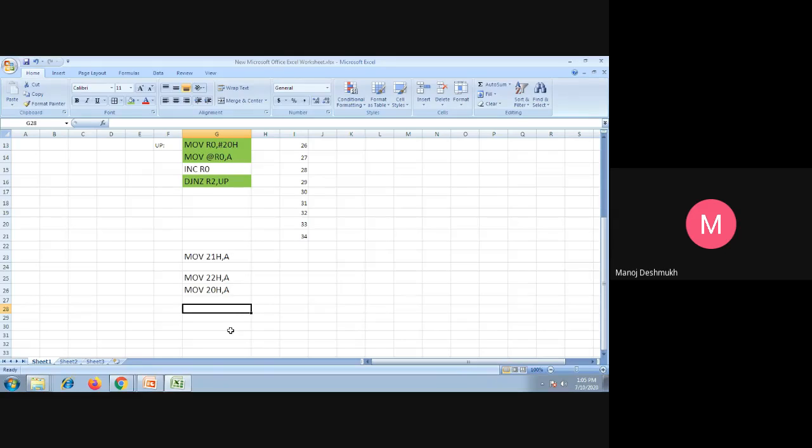For BCD addition, if the result is greater than 9 for the lower nibble or greater than 9 for the higher nibble, then you have to add 6 manually: add 6 at lower, or at higher, and if both, add 6 to the answer. But in 8051 there is only one instruction, DAA, so you need not perform multiple operations to adjust the